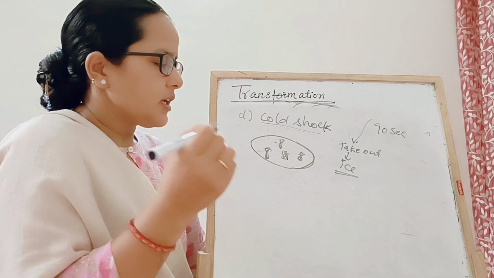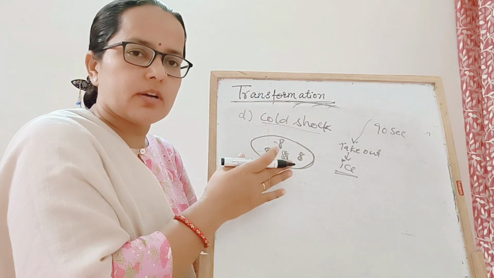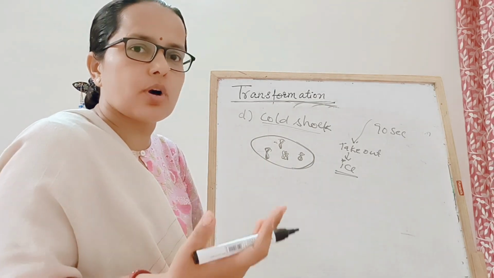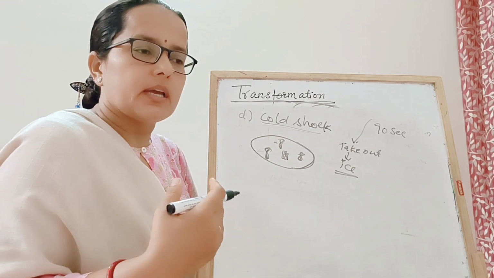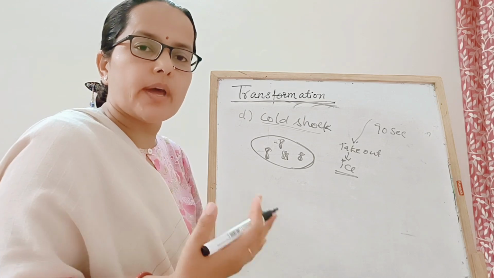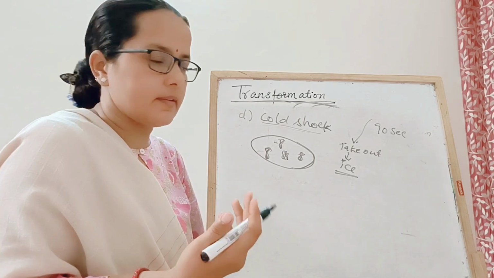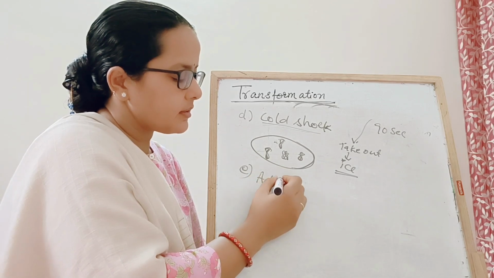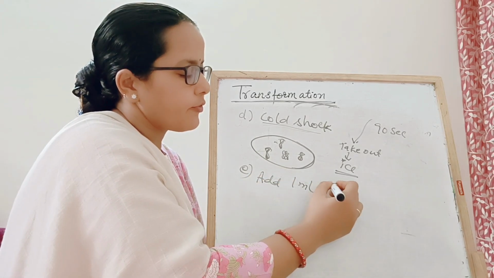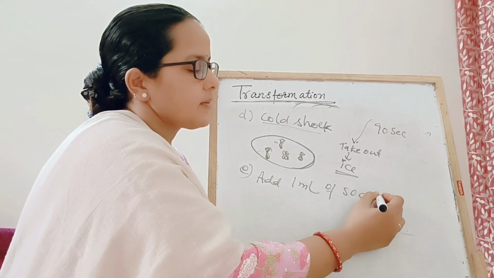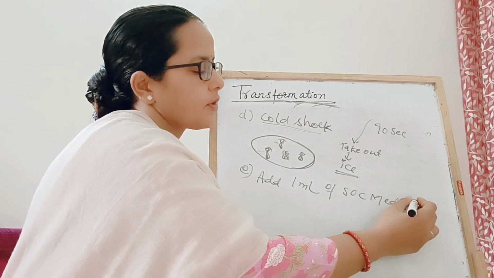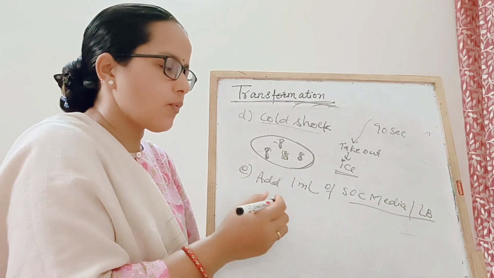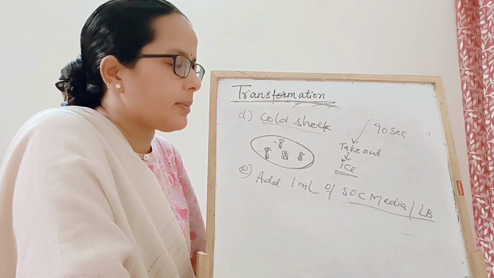Right? But because of heat shock and this cold shock, now the cells are in shock. So the cells require time to repair themselves. So the fifth step is you have to add 1 ml of either SOC media or LB media. आप दोनों में से कोई भी मीडिया 1 ml ऐड